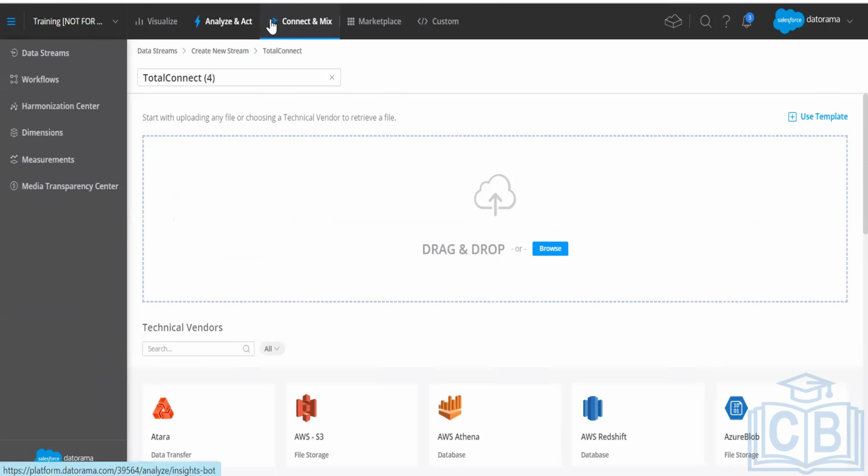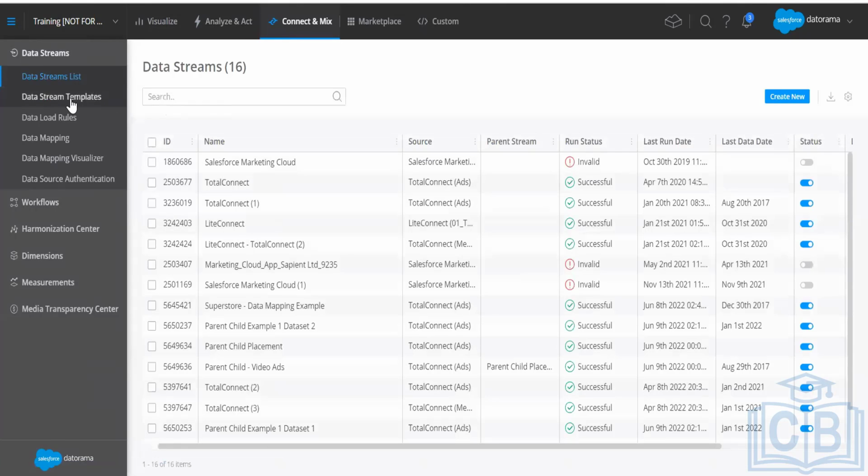And then when you go from the data stream list, there are data load rules. We will take data load rules as a separate topic, but to give an overview: how does Datorama charge? Datorama charges us on a row level, row basis, correct? Yesterday we discussed this. So when we know that I am charged on a row level,